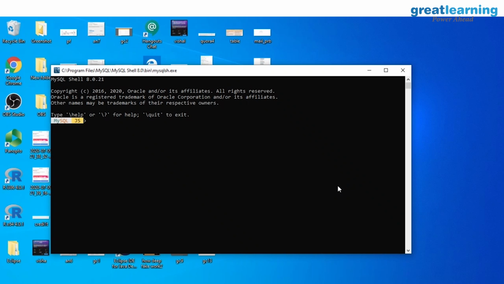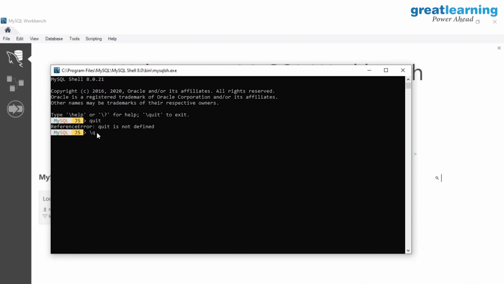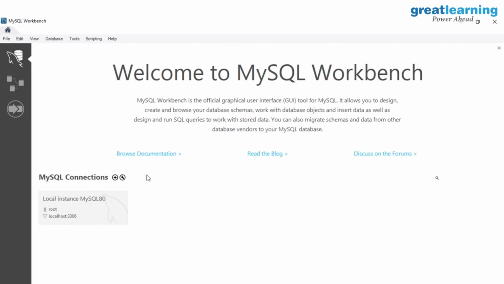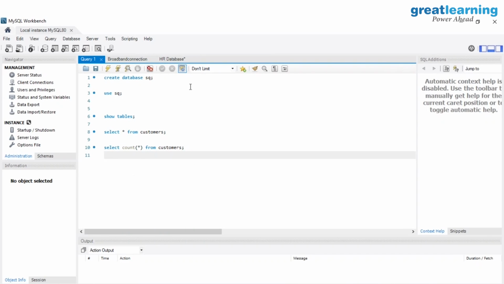And if you write quit, it will be okay. So basically you can do this part, otherwise you can just, okay, you got this, right? This part is already in the back, that is the welcome to MySQL Workbench. If you click over here, as I already have some files, they are showing over here. But this is how we can install MySQL, and we can start working with MySQL Workbench. It's very easy to install, but it will take some time, and you have to give it that time, right?